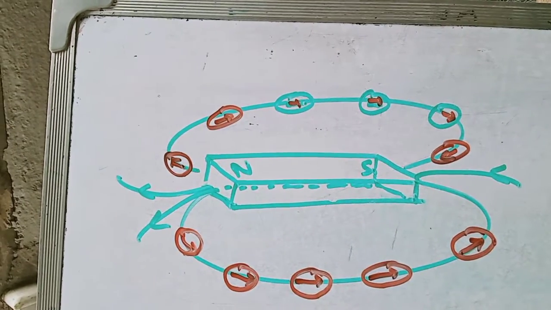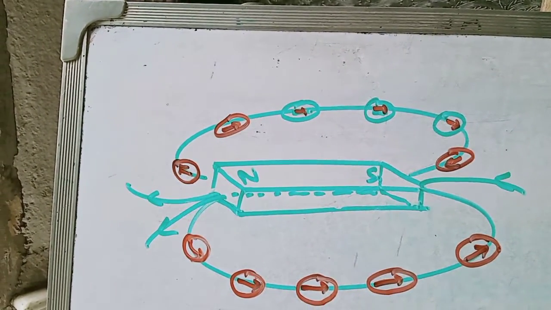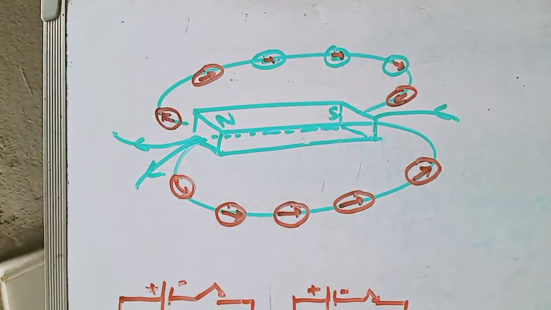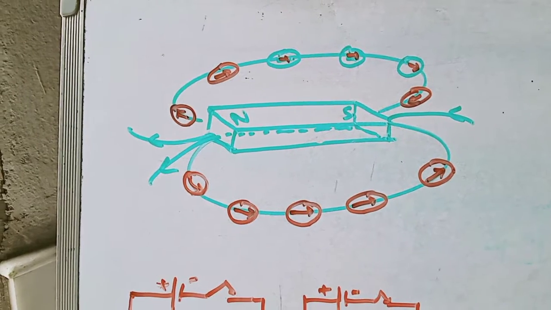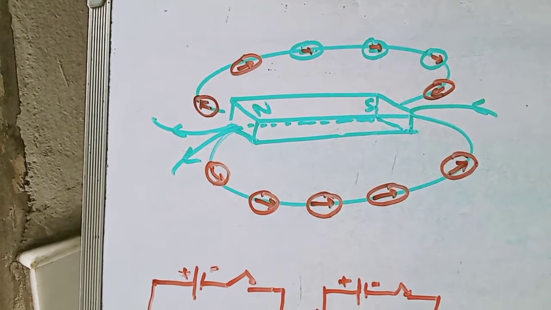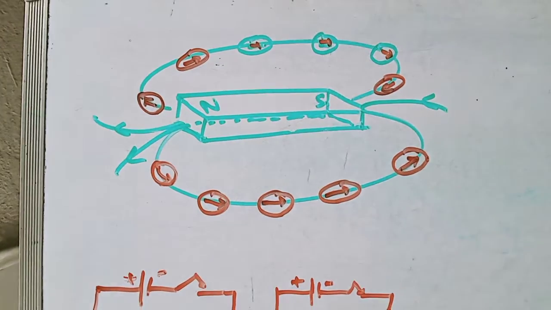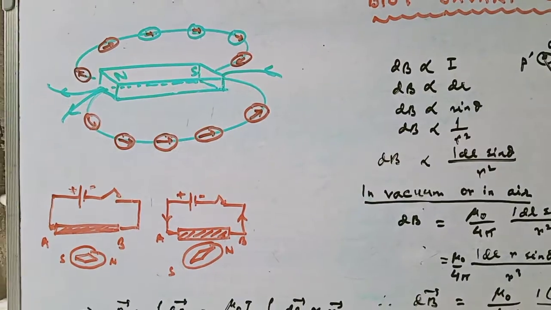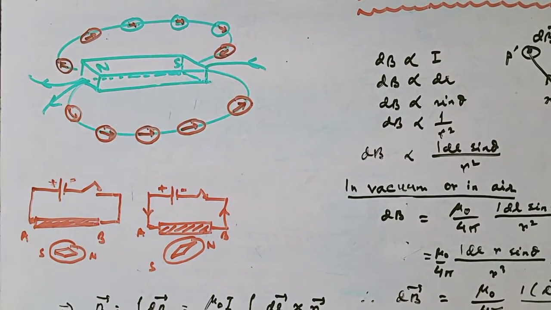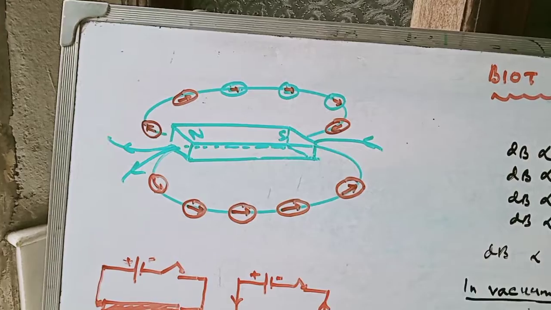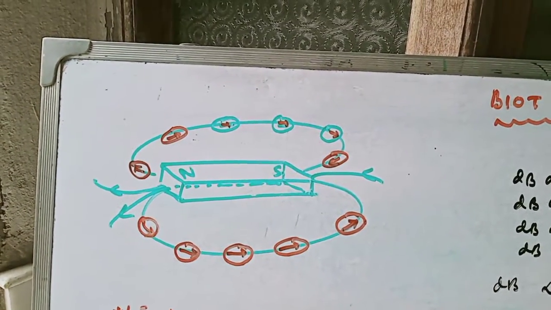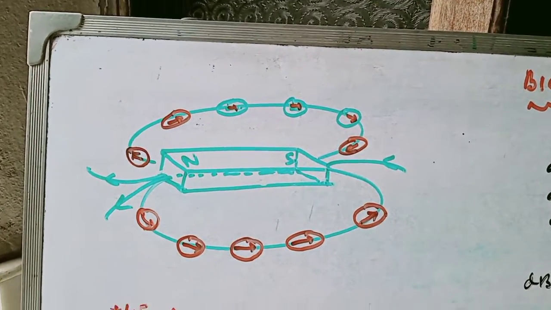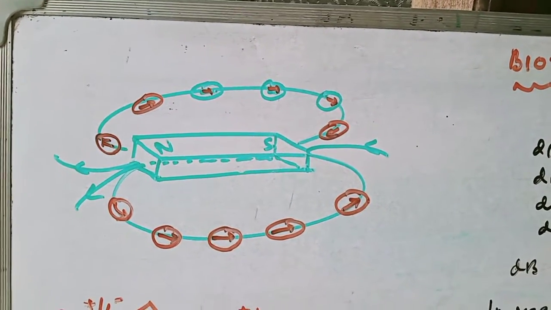You are well aware of the fact that Earth is also a magnet and it has a magnetic field. So a freely suspended magnetic needle always rests in the north-south direction. The north pole of the needle points towards the north and the south pole towards the south. Now, the properties of the magnetic lines of force are known to you, as you have read in class 9, so I am not going into detail about them.